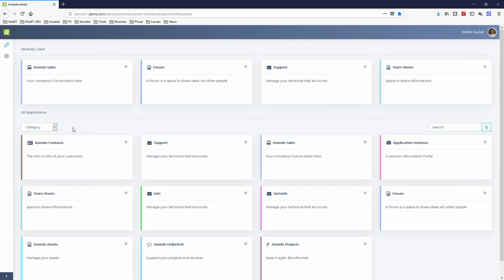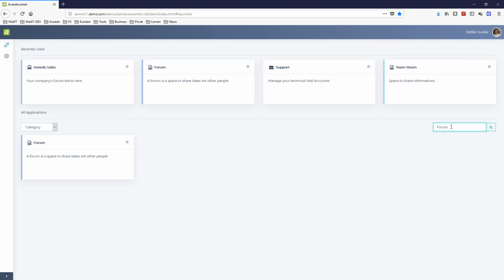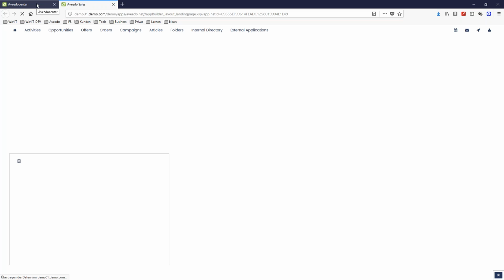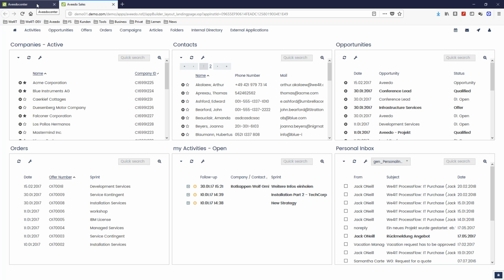Here is the filter part for categories or personal favorites. And on the right-hand side, you can just go and search for a specific application name or a description, or even for a word. And if we found it in the search, you get all the applications which are presented with Aveedo. So here I can directly click on the application, and this is opened, and I don't even know where the application is running, in what kind of Aveedo instance. Okay, so